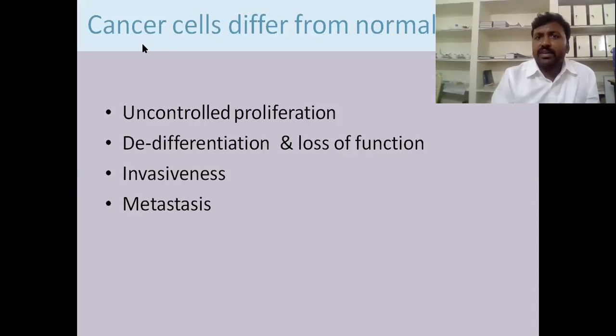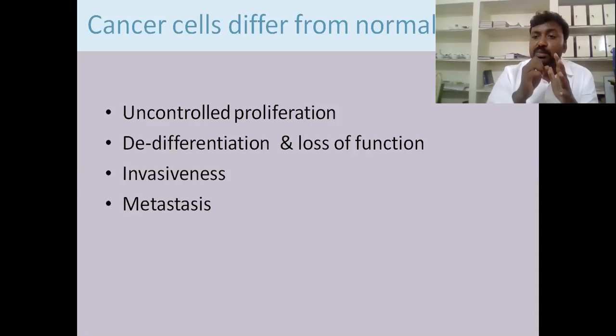Cancer cells differ from normal cells. What is that? Uncontrolled proliferation, de-differentiation. The differentiation is such that there is not much difference when compared with the normal cell. Then loss of function, and invasiveness. Here the cancer cells have invasiveness, but normal cells don't have that capability because